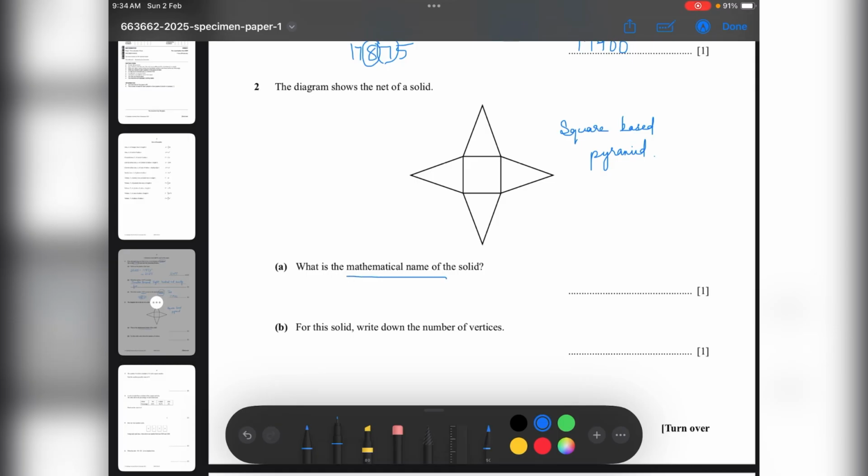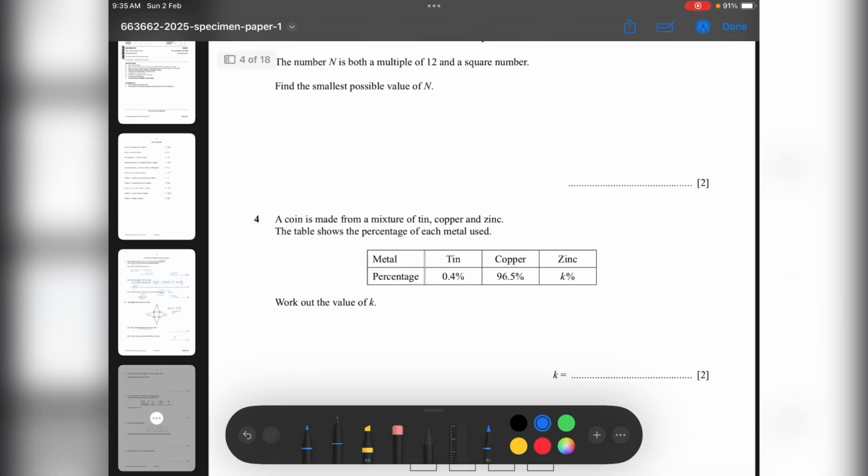Write down the number of vertices. Vertex is the corner. Remember that vertex is the corner in a 3D shape. So there are 1, 2. I'll just mark with a different color. 1, 2, 3, 4. And these 4 points will meet at one common point. I'll take this top. So it is 5. So the answer is 5. Okay. Right. Now next,